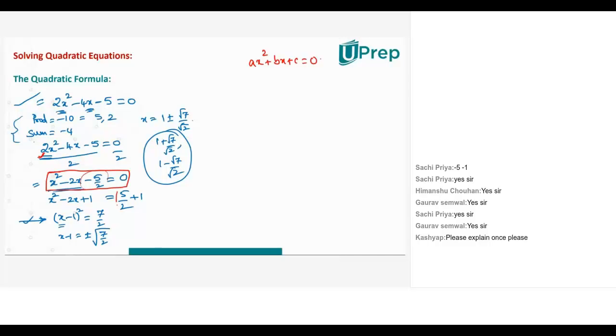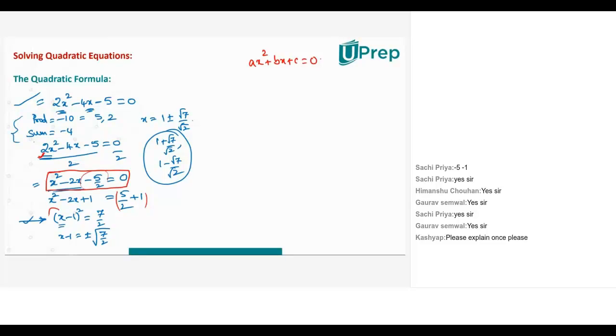Now observe the left hand side. X square minus 2x. Something is missing to make it a perfect square. So I added 1 on both sides so that the equation remains unchanged. If I want, I can cancel them. Why did I add 1? The left hand side term, x square minus 2x plus 1, is now a perfect square, and the right hand side is purely a number. Now the left hand side became x minus 1 whole square.